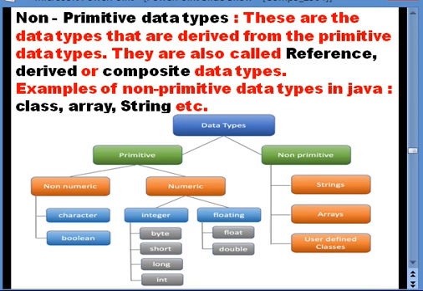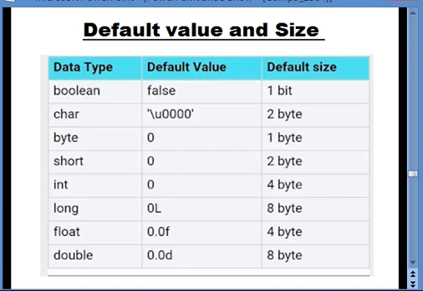So here on this screen we can see the diagram which is showing you the bifurcation of data types. Data types are basically categorized into two major classifications. One is called primitive, the other one is called non-primitive. Under primitive it can be numeric data type or non-numeric. Under numeric it can be an integer or a fractional value, that means a floating value. So if you count the number of subcategories, it will be 8 in number. So under primitive we have 8 data types. Then on the other hand, for non-primitive there are various examples given. So observing this diagram you can understand the classification of data types in Java.